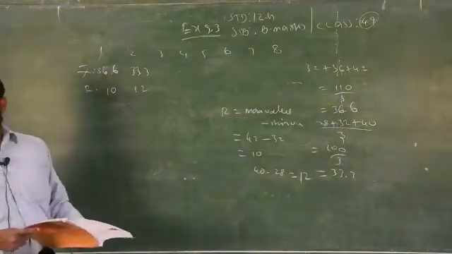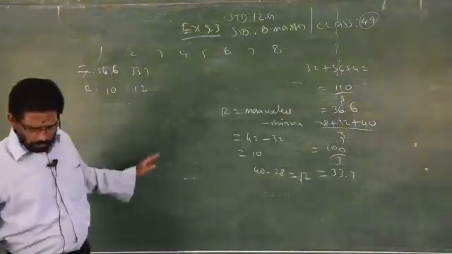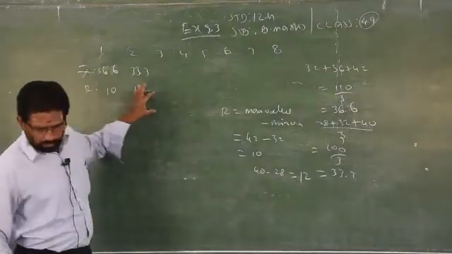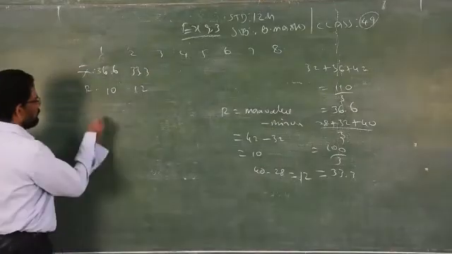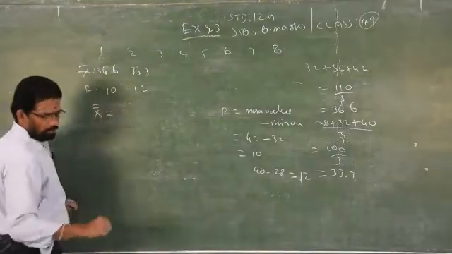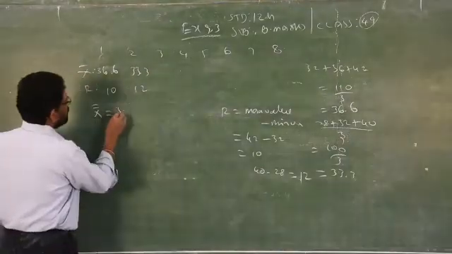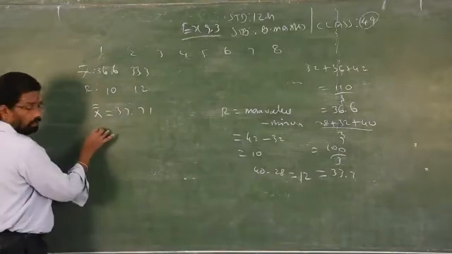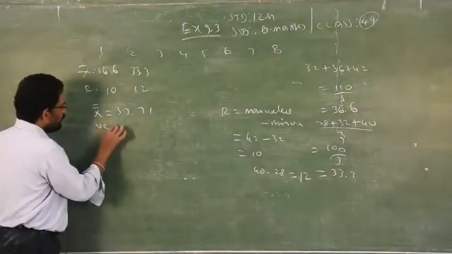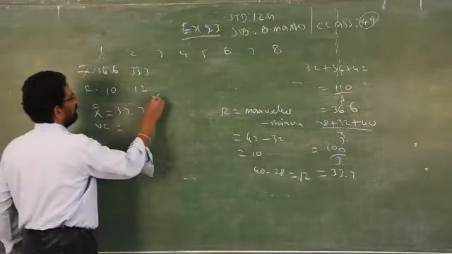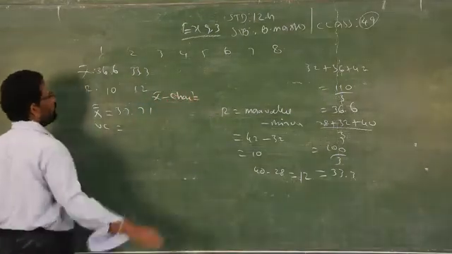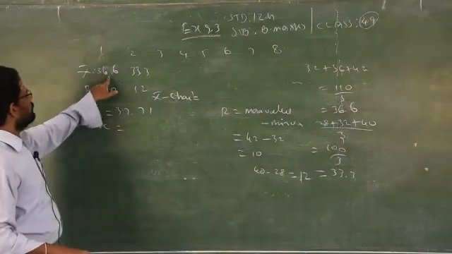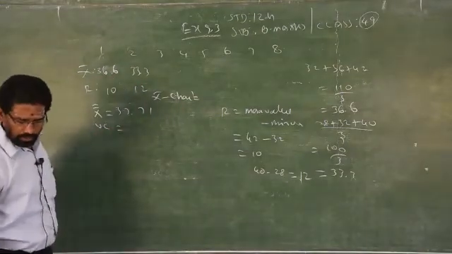Likewise, you have to form the tabular column like the X bar R chart in the previous problem. Then you have to find X double bar. I am writing only the answers straight away, please check. X double bar is 37.71. Then UCL, this is for the X bar chart. When you plot the graph, you can take the X bar values only. Don't take the samples. Clear?